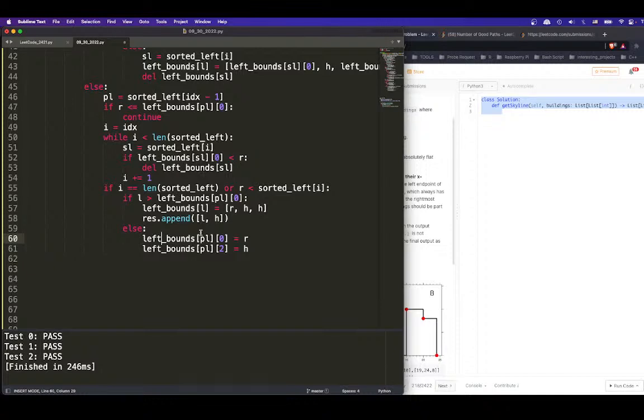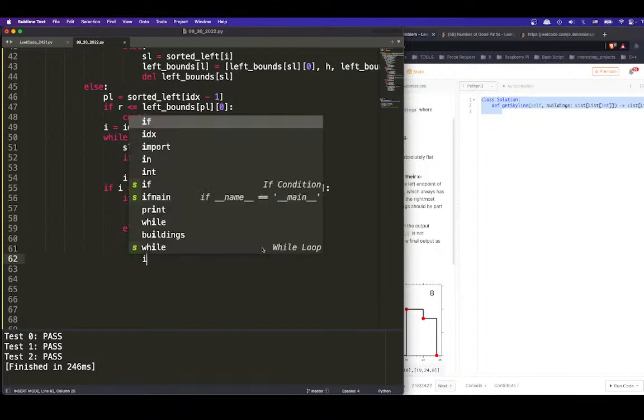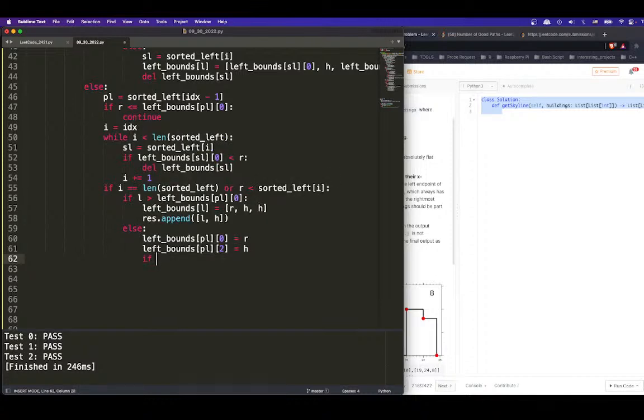If I'm smaller or equal to, this is update the left bounds, which is correct, because the left should still be this. Left height doesn't change, but the right height changes. And we shall say if, oh, I should change it beforehand, right? Because I extend inside. And I should say if h, my height, is